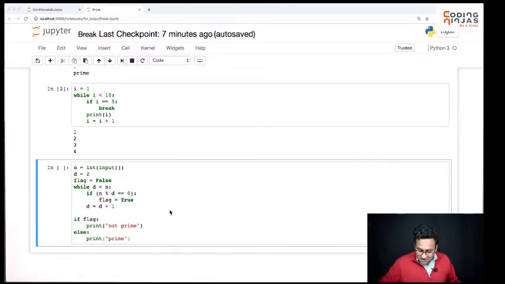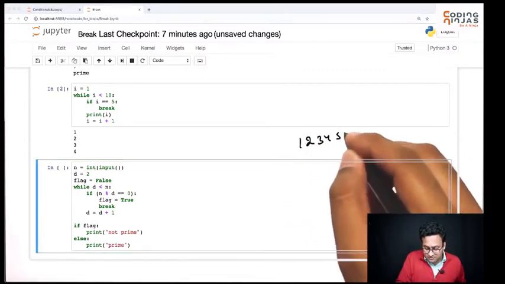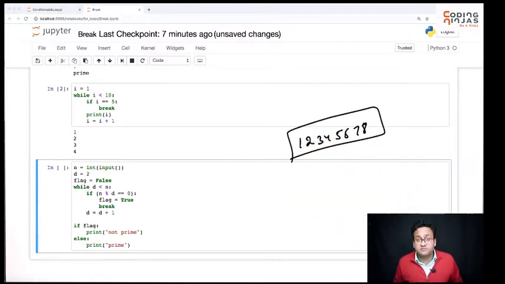So what I'm suggesting is, do set the flag to be true. But once you set the flag to be true, there is no need to do any other additional work and you should break the loop. This is a much better code than we had written earlier. Because now the code is optimized to the fact that if I'm checking it for, let's say 1, 2, 3, 4, 5, 6, 7, 8, huge number, right? I have a number which basically is this. I want to check if this is prime or not.